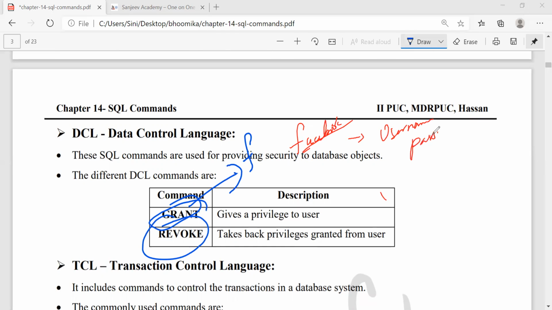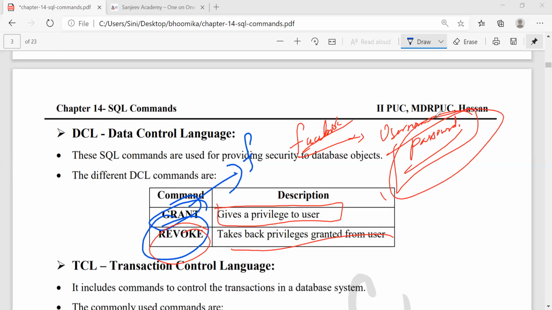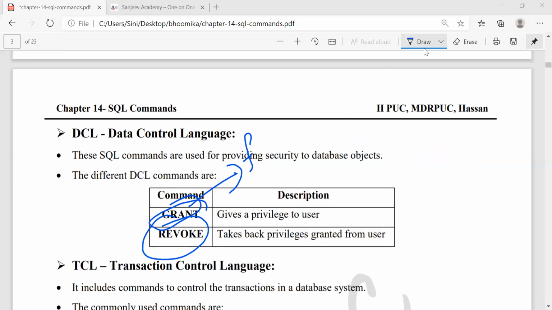Suppose I give my Facebook password to you, which means I am giving you the username and password. Revoke means after some time I want to change my password. Then can you log in to Facebook? No, right? I changed my password, so I am revoking your access. Same simple concepts; everything is real world concepts.